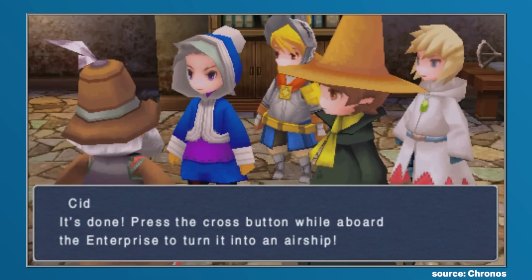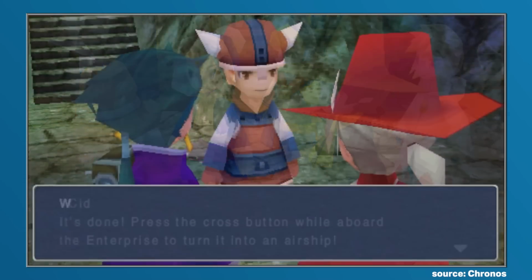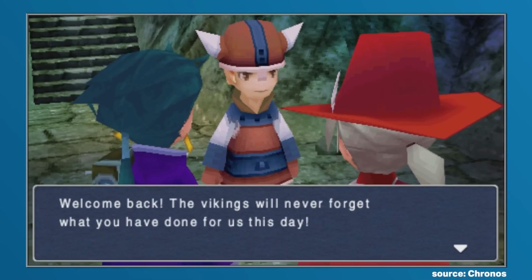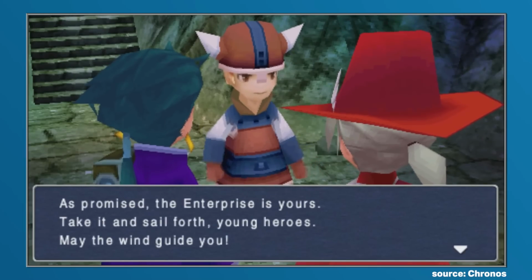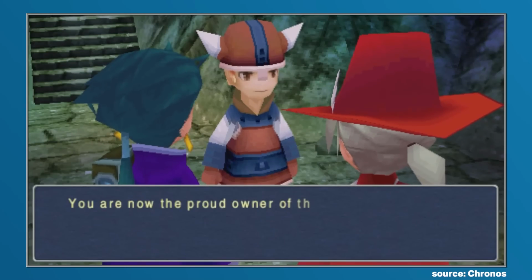And the second, called the Enterprise, could be obtained by the party not too long after the destruction of Cid's airship. Unlike the previous 3 airships seen within the franchise, the Enterprise was neither granted to the party through its association with Cid, nor was it found. Instead, it was granted to the party as a reward after the Vikings were pleased with how the party appeased